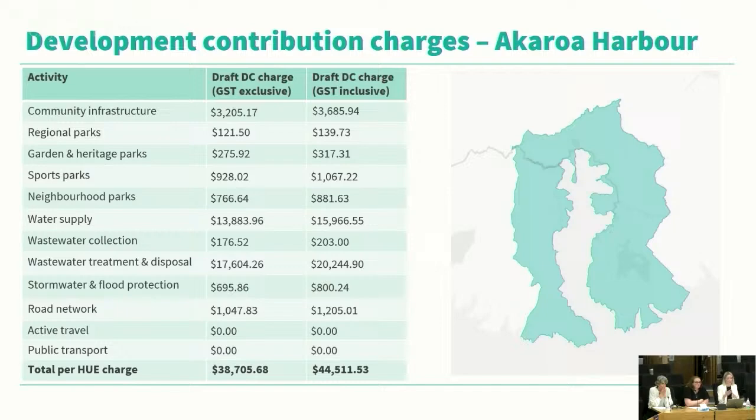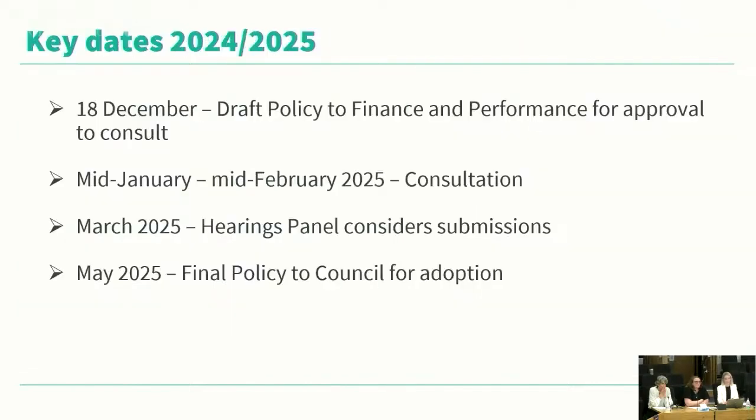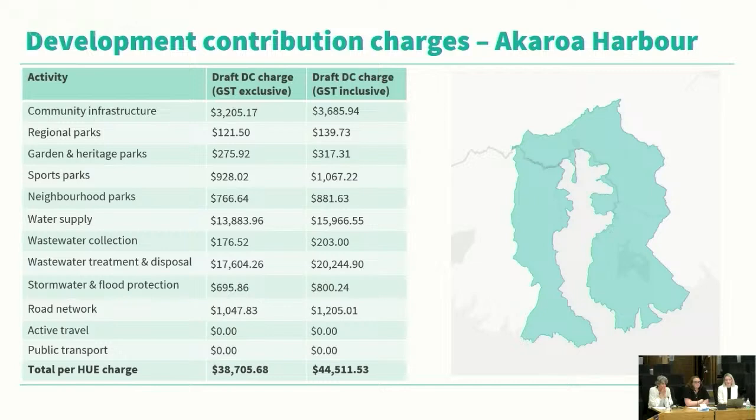Yep. So very roughly, just looking at it, the difference between what we had and what we've got is around about $5,000. The 2021 policy DCs started around 8 and go up to, well, Akaroa goes up to 68, but in the metro area, they start at 8 and go up to around 32, 34. But previous policies, they started at around 21, 22.